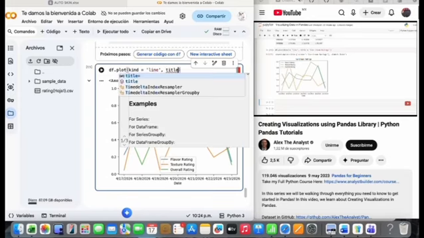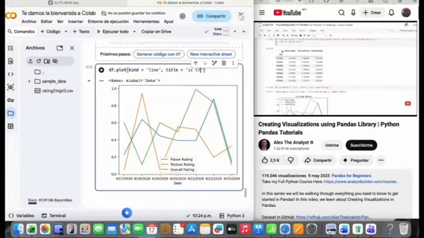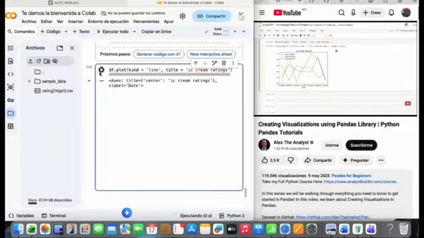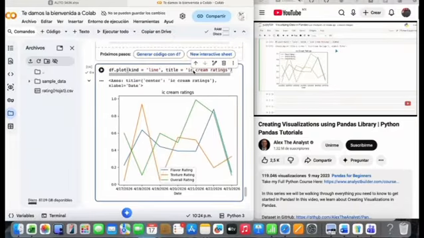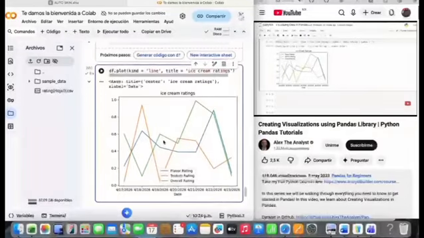And we can also customize the labels and the titles for the X and Y axis. It automatically took this date, which is our date index, but we can customize that if we'd like to. All we have to do is comma, and then we'll say X label is equal to, and our X is this date one right here, and we can say daily rating. And then we can do the Y label, say Y label is equal to, and for this one we can